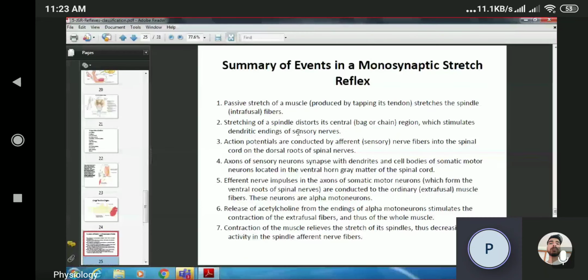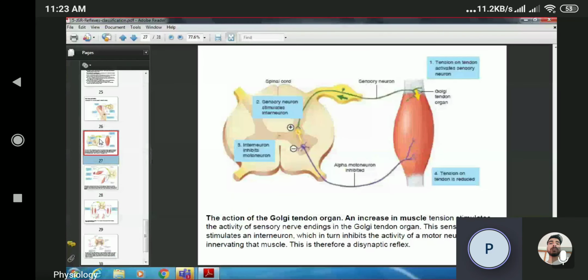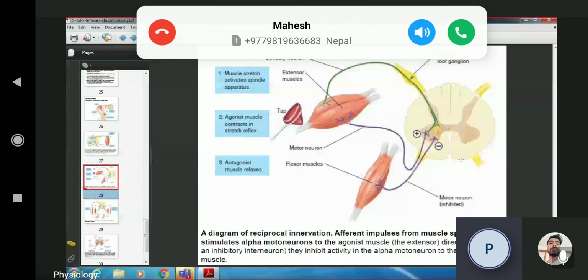Now let's talk about the knee reflex, the knee jerk. We already discussed it, isn't it? Now let's see the reflex arc of the Golgi tendon organ. The receptor is in the Golgi tendon organ. This is different from the stretch reflex. This is a bisynaptic reflex, or inverse stretch reflex. Can you see? This is for reciprocal innervation, one muscle